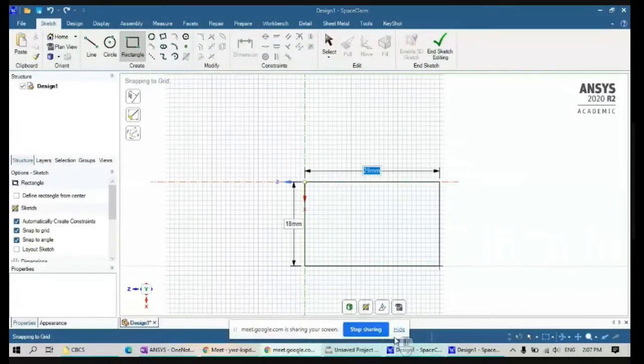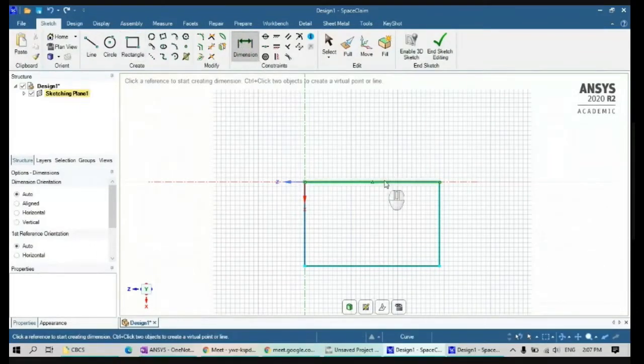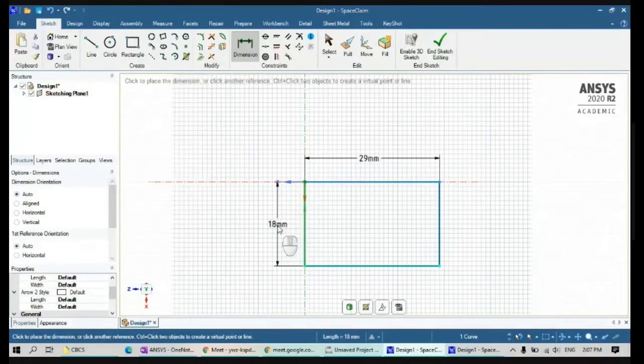So now I completed this rectangle. Right? So next I will dimension this. Go to dimension here. Click a particular length. I'll select this length. Put it here. Okay, now come out of this.